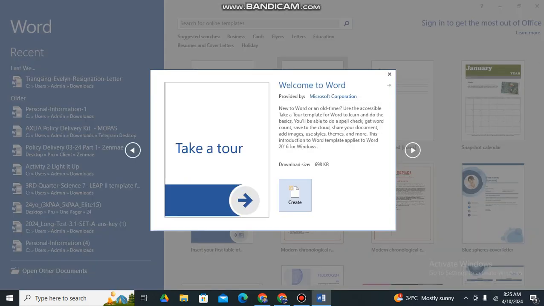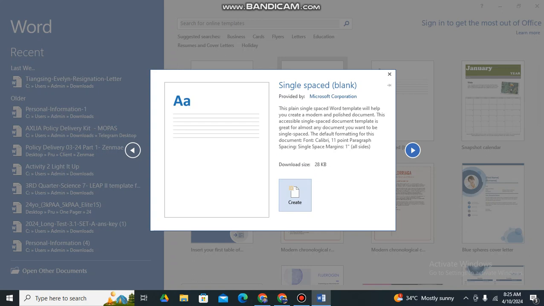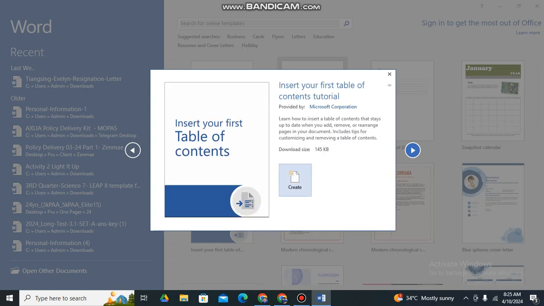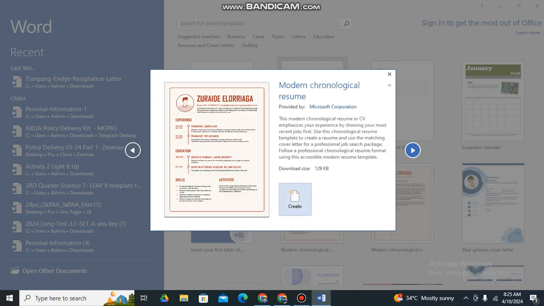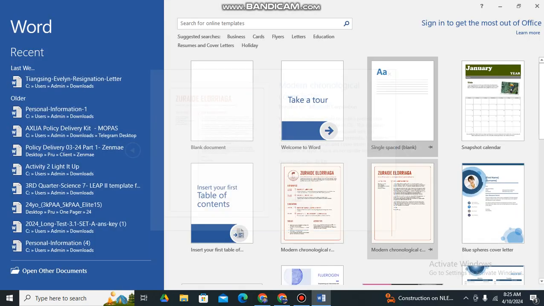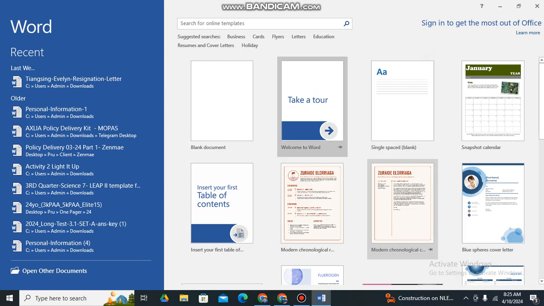As you can see, this is a welcome tour to Microsoft Word. It will be teaching you the different interface of Microsoft Word. If you already knew this, we can skip this already. So let's open a blank document.